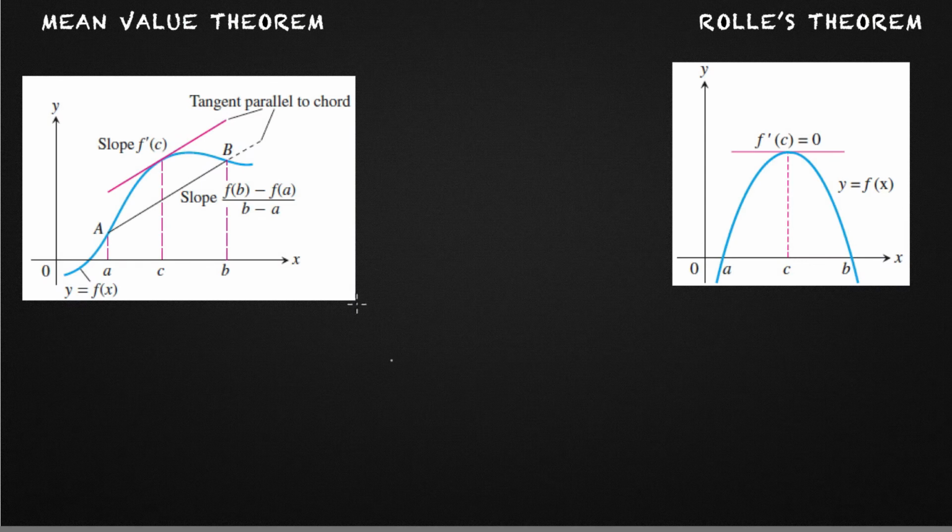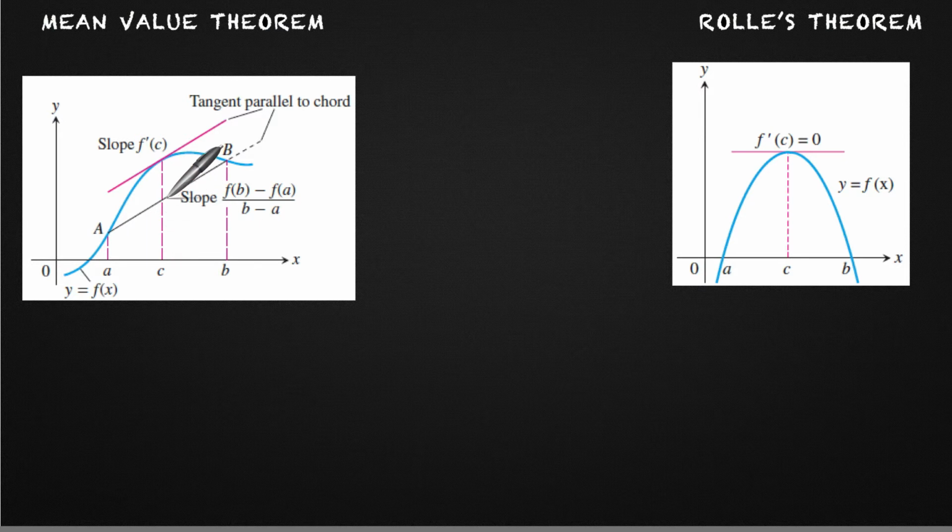Today we're going to be talking about something called the mean value theorem. And essentially, the mean value theorem basically says this. If you have a point on the curve, let's just say this is point A and this is point B, and you draw a line that connects point A with point B, and you calculate the slope using y2 minus y1 over x2 minus x1, algebra 1, there must exist some point C that is located between A and